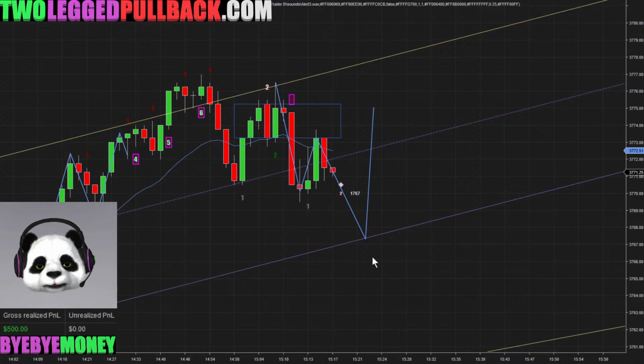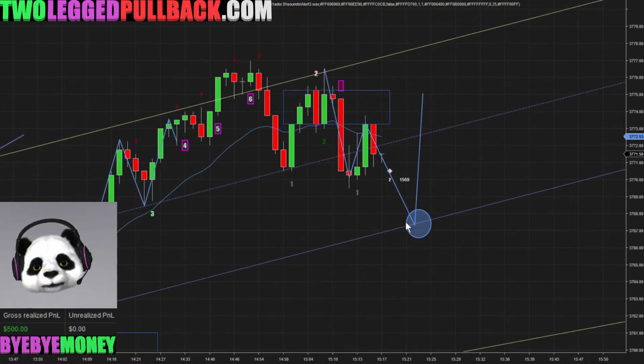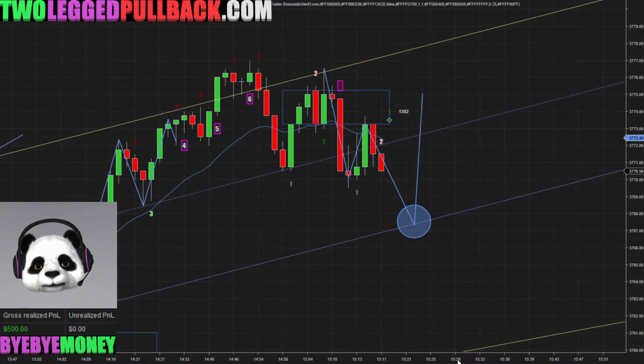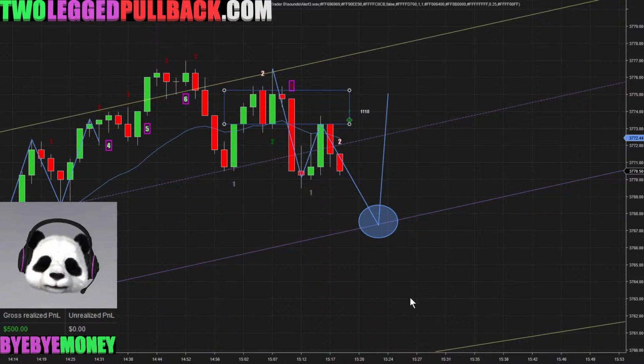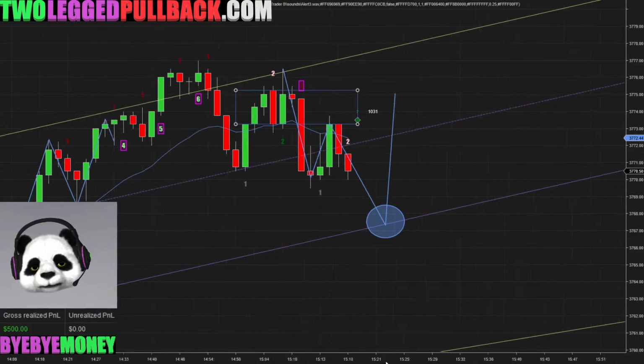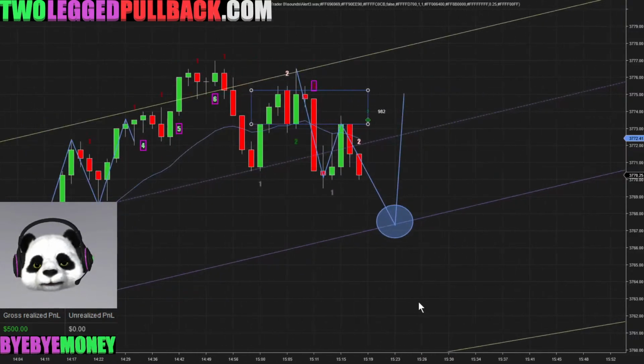Okay, we have a two-legged pullback set up here. It kind of wanted to come to a key area such as this trend line. But the question is, will we get it? It's a bit of ways, but you can see the dark green diamond now showing. Strong bear bar coming back up to retest the bottom of this trading range, as you can see, and it acts as resistance now, and it's bouncing down. So you can kind of say we are in like a downtrend right now, and typically in downtrends you don't want to be so quick to go long,